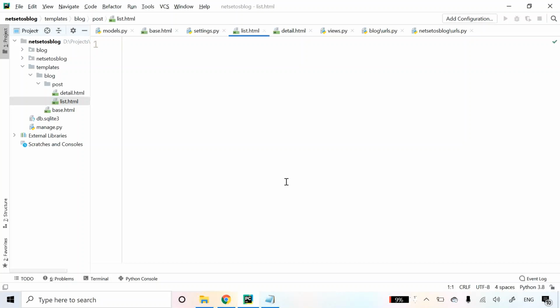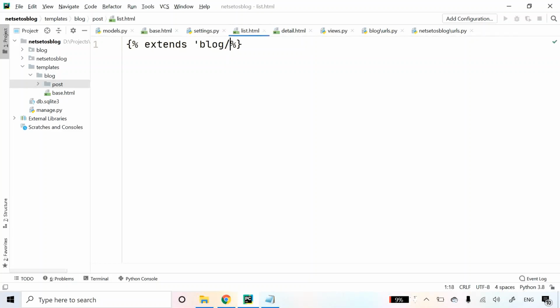First of all, I need to extend the base.html which is defined in blog. So what I'll do here, I'll put braces with modulus sign and here extends which is defined in blog base.html, right?